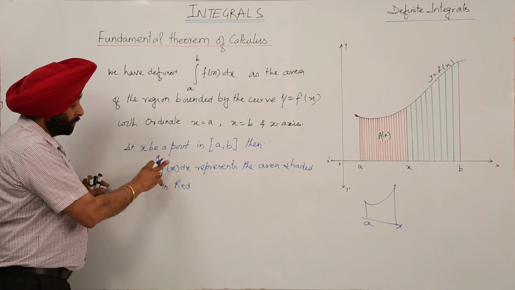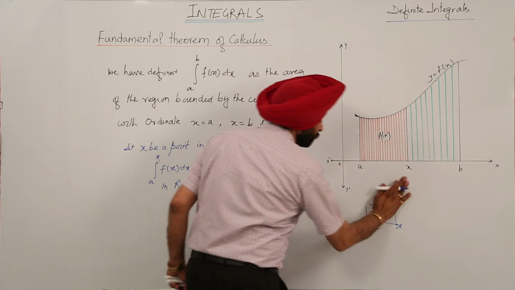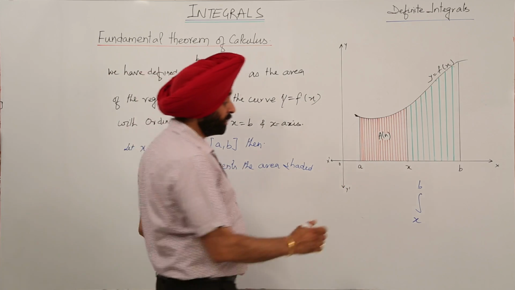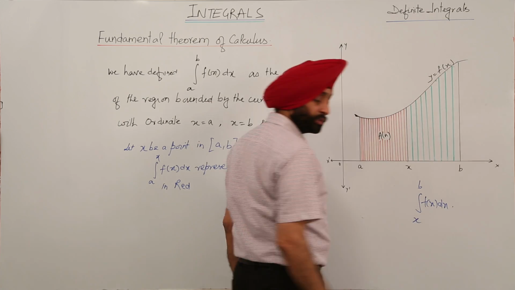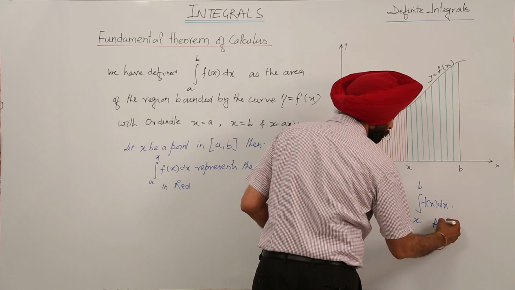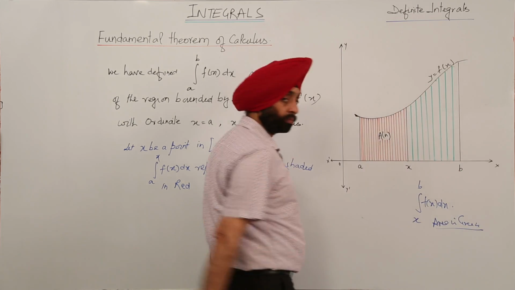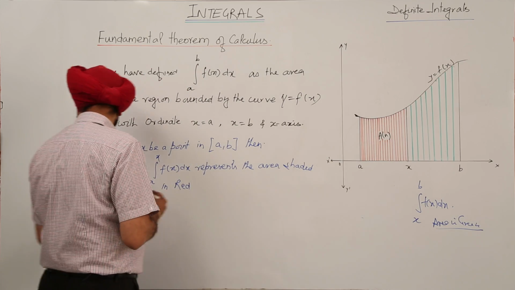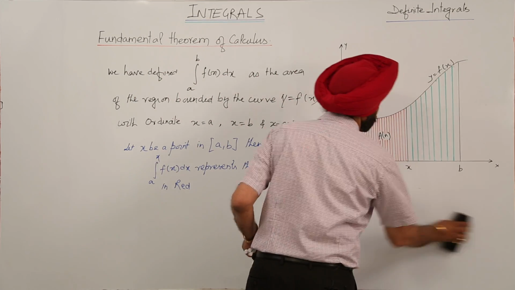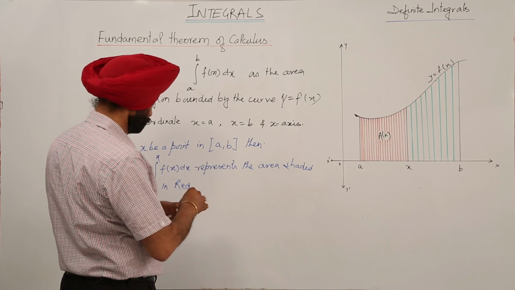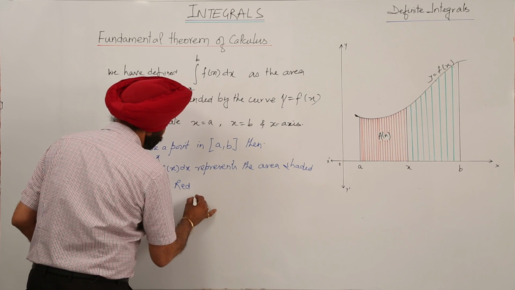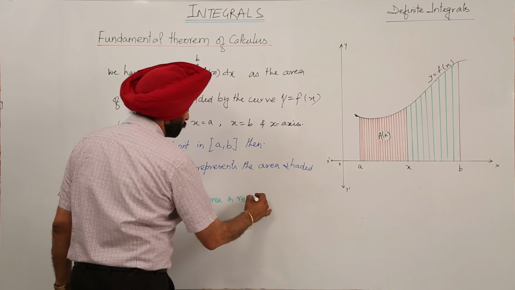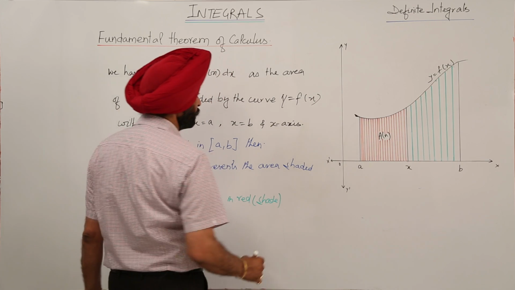If I am writing the integral from a to x of f(x) dx, it represents the area shaded in red, and if I am writing the integral from x to b of f(x) dx, what does this represent? This represents the area in green. The integral from a to x of f(x) dx represents the area in red, and x to b of f(x) dx represents the area in green. Okay. So now, the area in red shade